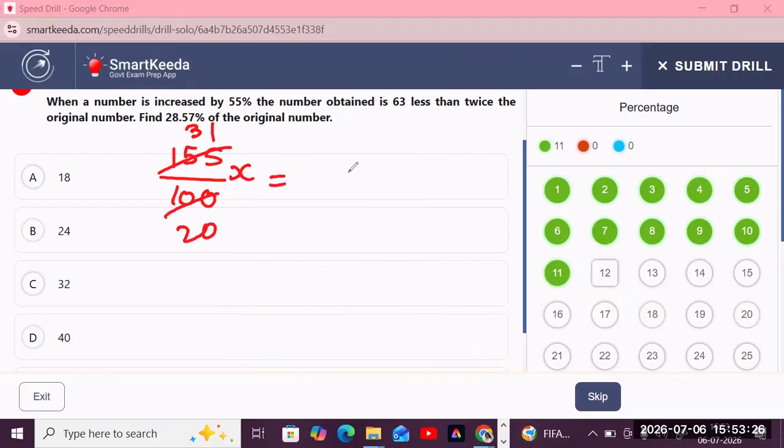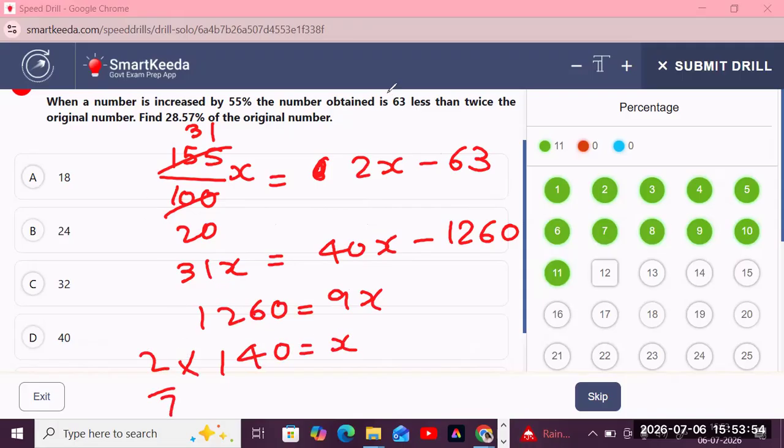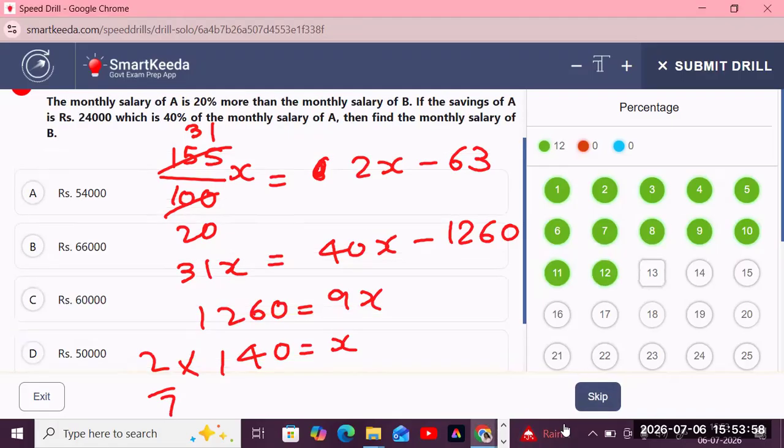The number obtained is 63 less than twice the original number. अभी यहाँ पे 31x is equal to, okay, understood. Let's take that. 40x minus 0,612. तो यहाँ पे 260 is equal to 9x, 9 1 से 9, 9 1 40 is equal to x. तो इसका 2/7 is 40. मैंने कहा कि मैंने मल्टीप्लाई किया।